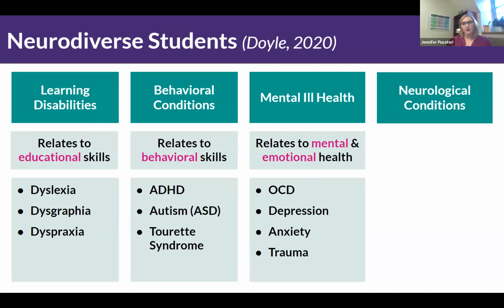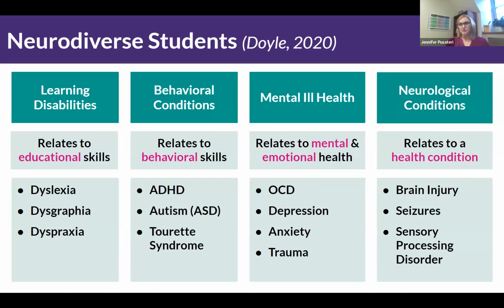This category can really be something that could shift over time. A student could have excessive anxiety or depression or OCD because it's not being treated. And then when it is being treated, perhaps some of the issues that they may encounter in a classroom might subside a little bit. So there are possibilities for change within this category and also within the neurological conditions category. Sometimes people who have seizures or brain injuries, those things can heal, can get better, can get worse. So there's a little bit of shifting back and forth. But when we're talking about neurodiverse students, this is really a pretty broad group of students, right? This is a lot of different things going on.